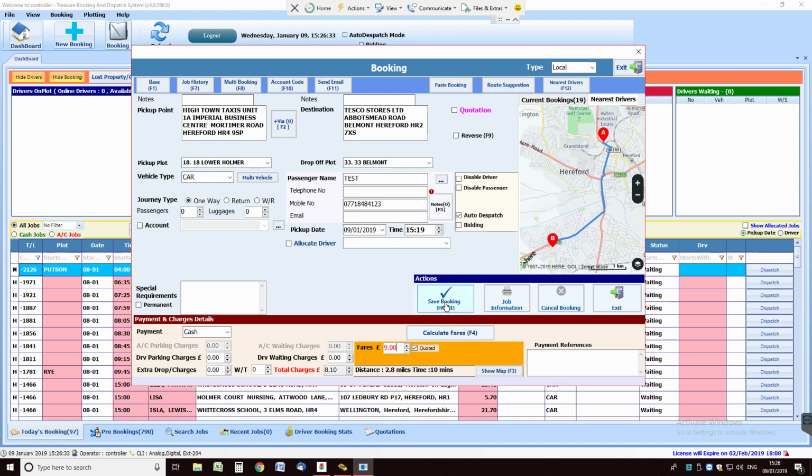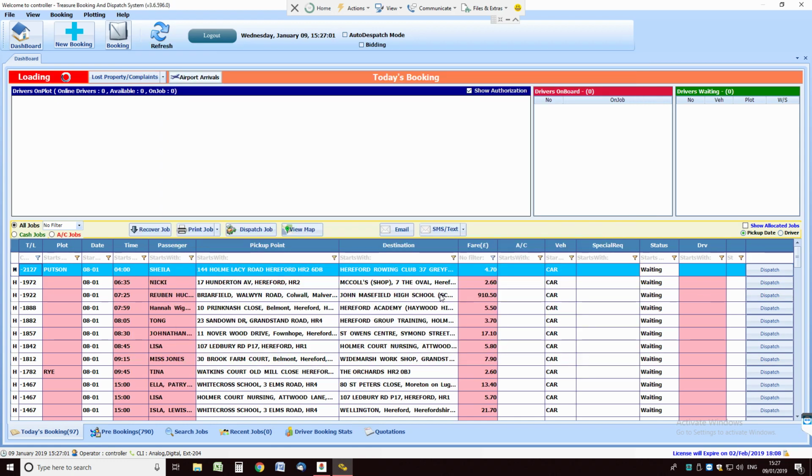To save the booking, you can either click the arrow there and click home. When I say home, as we do with the current system, we use the home key on the keyboard. That's the same as clicking this button, and that will put the job in the queue and hold it. If you hit end, as we do on the current system, that puts it into auto release, ready for the computer to look where the nearest car is, etc., and deal with it that way. But for now, we'll just home this one, and that's now tucked away in the list